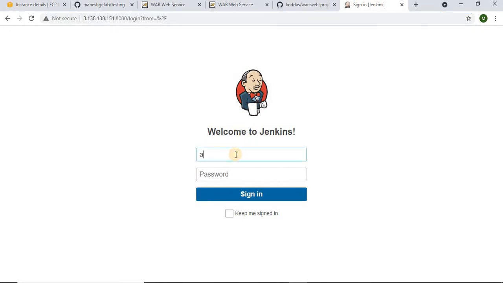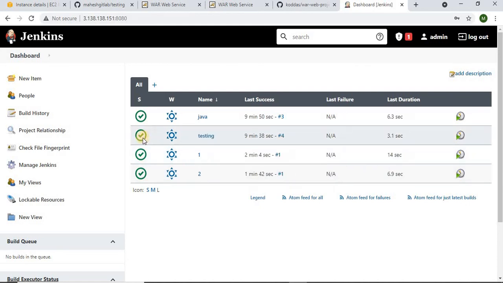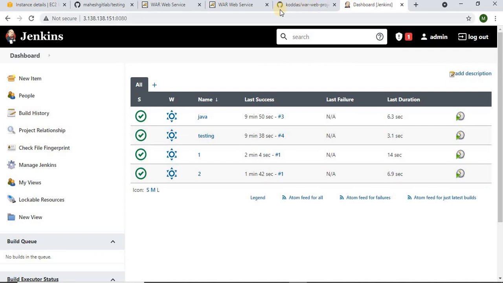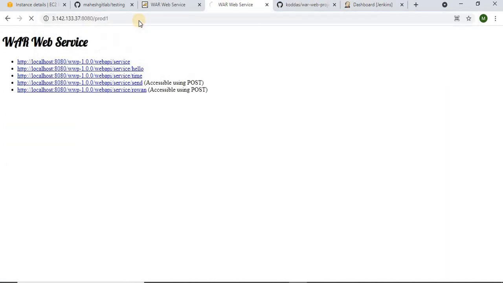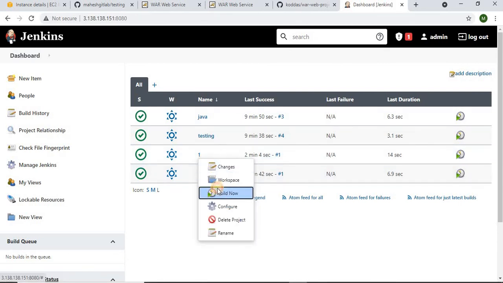Okay, admin. Not sure whether that job is executed or not. Let's see. Okay, fortunately the second job also executed. Let us check prod 1, right? Prod 1, yes. So for quick confirmation, let us run it again. Build now.